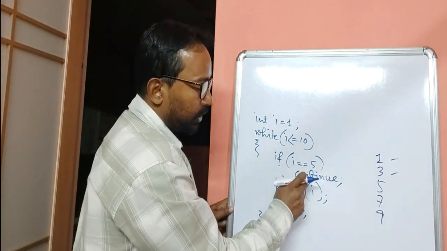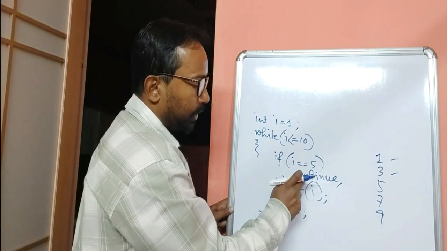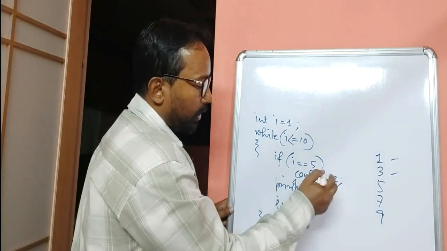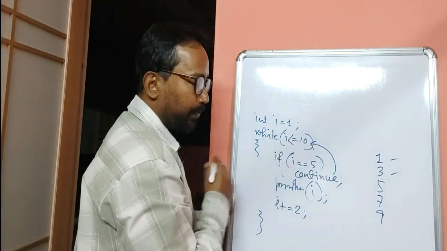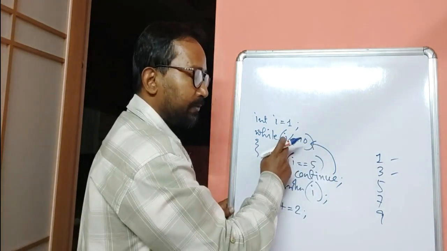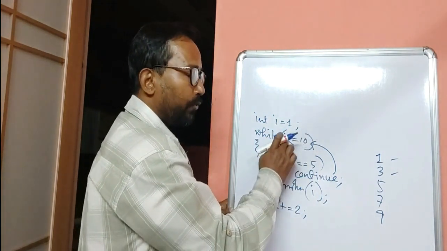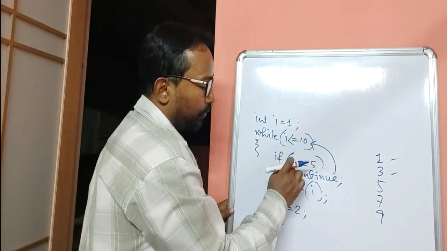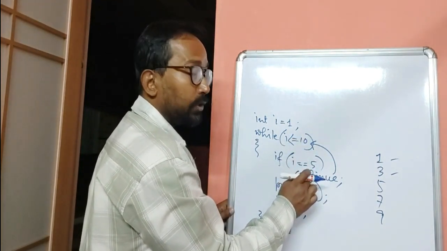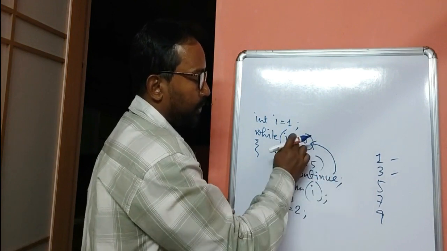For the execution of this continue statement, these 2 lines which are after the continue statement will not execute inside the loop, and continue will send the control to the conditional expression because this is a while loop. And in the condition, again, we are not updating the value of i, that means i retains its previous value which is 5. For 5, the last time the condition was true, now also this condition is true. And for 5, here also the condition is true, this continue will again execute. Again for 5, this is true, this is true.